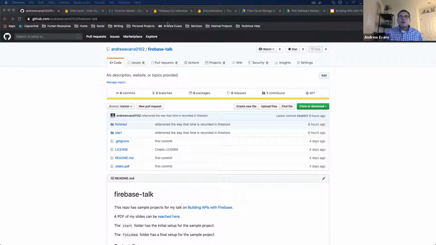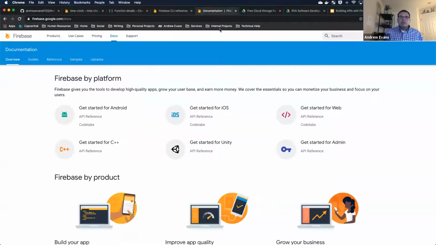In addition to this, I'm also going to be frequently referencing the Firebase documentation. This is a great place to really get your feet wet with Firebase. They have a lot of tutorials and a lot of videos. It's all free, and it's a great place to learn as you want to expand your skill set